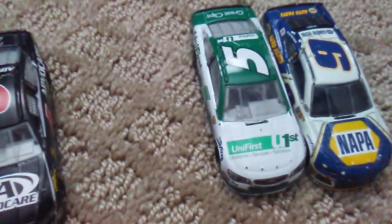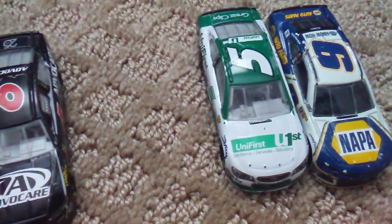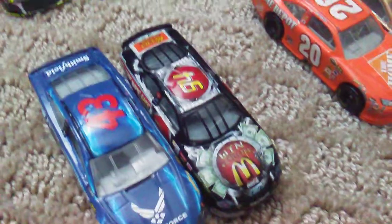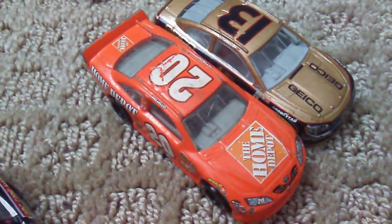We have a custom, number 5, AAA Cup Series. Another custom, Ethan's NASCARs and Trains. And the last custom, Mitchell Collins. The customs are